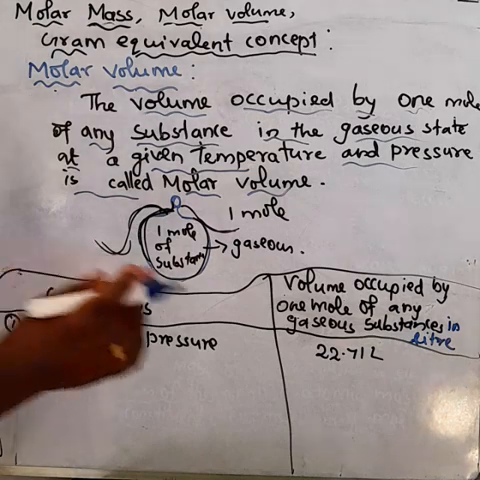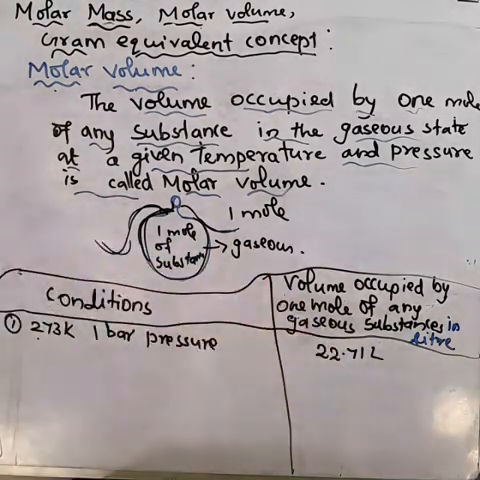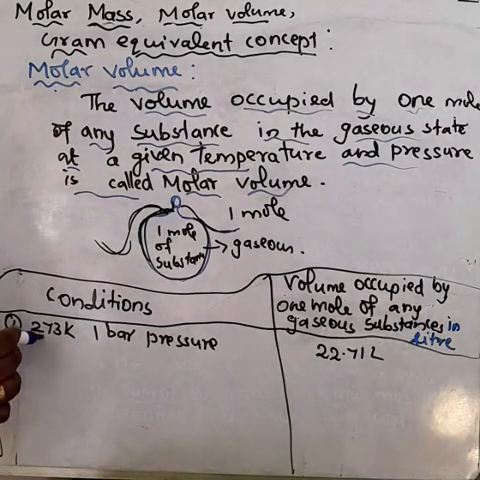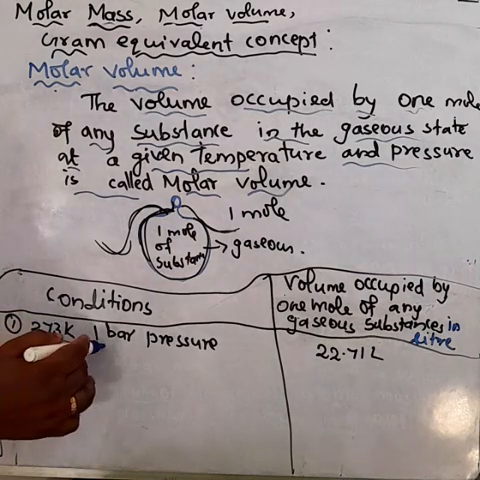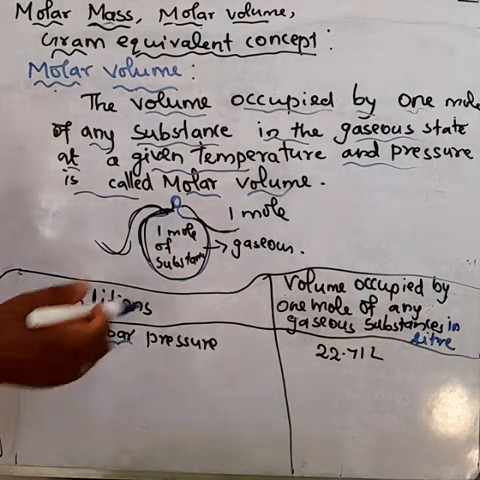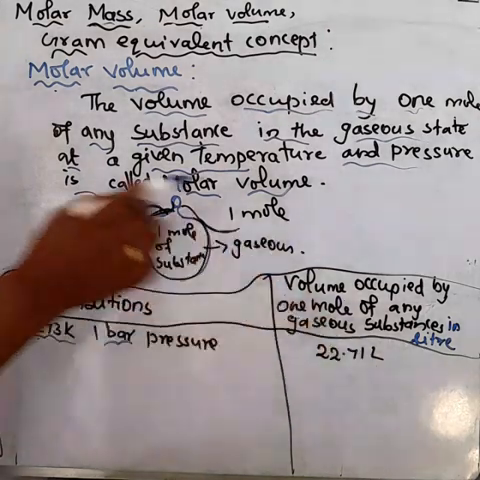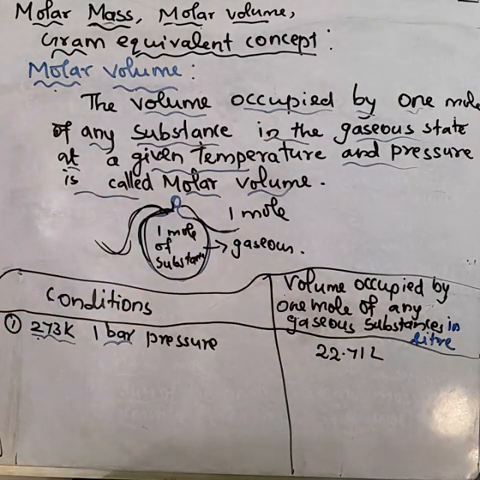22.71 liter volume occupied. This is 1 mole of gas at what temperature? 273 Kelvin temperature and 1 bar pressure. How much volume is occupied? 22.71 liter. Understood? So here 1 bar means